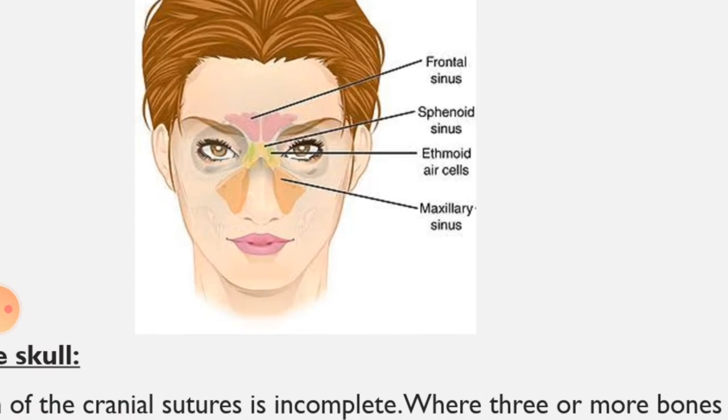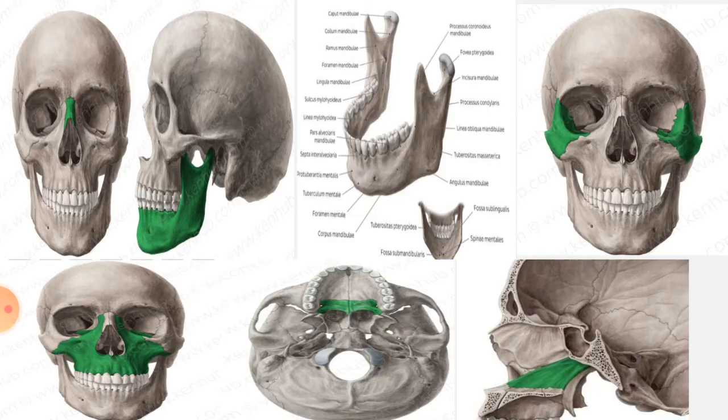These are the sinuses in the frontal bone where the air sinuses lie. You can find the frontal sinuses. These are the sphenoidal sinuses, the ethmoidal sinuses and the maxillary sinuses. So these are all the paranasal sinuses. We have studied that the mastoid process also contains air cells, but that is not part of the paranasal sinuses. It will not drain into the nasal cavity. This is an important point to remember.